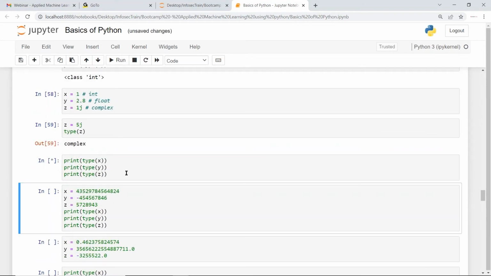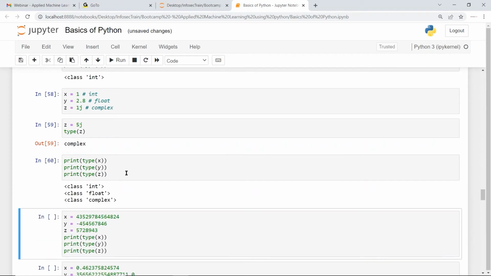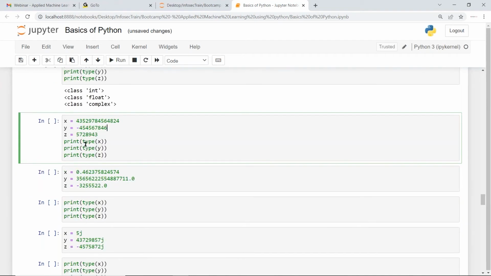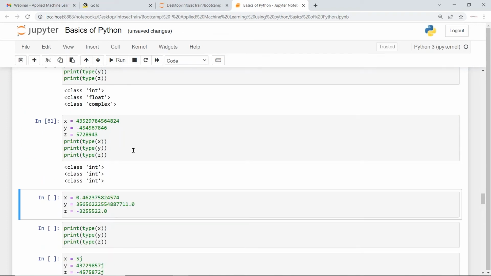Okay, and you can just get the types of your variable. So see the different types. You can get the type of your variable, whatever your number is, and no matter how big it is. With the help of the type method you can easily get the type of your variable. See,